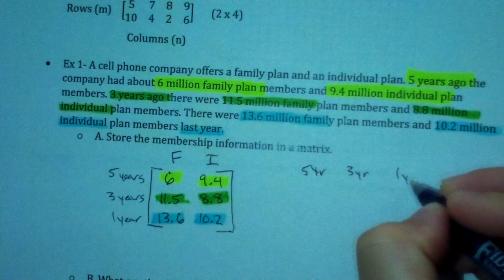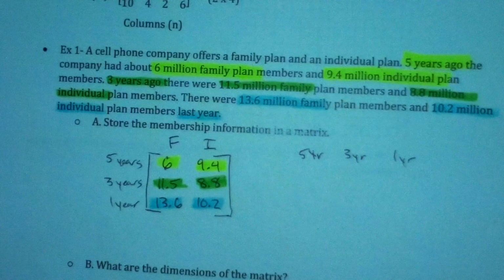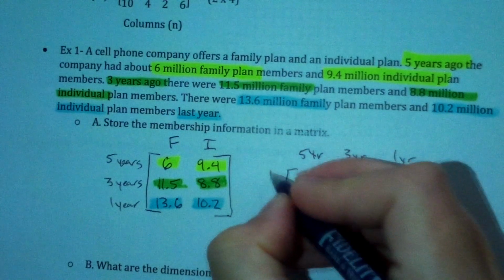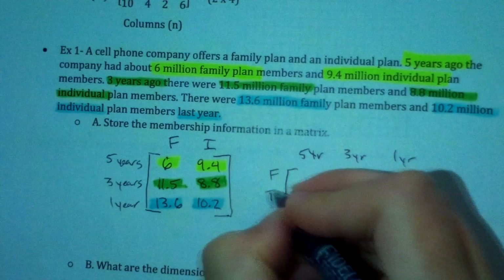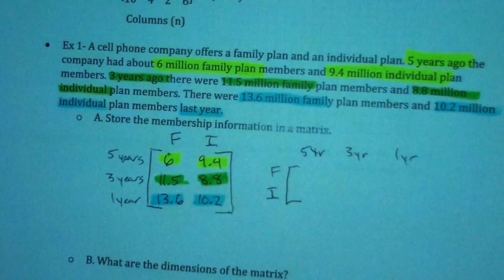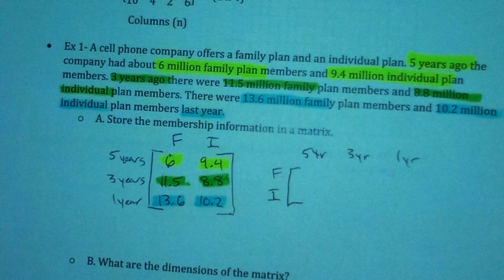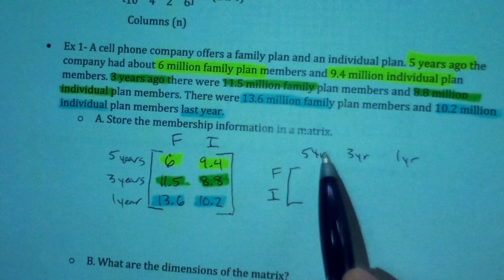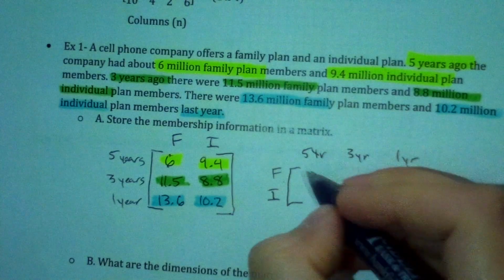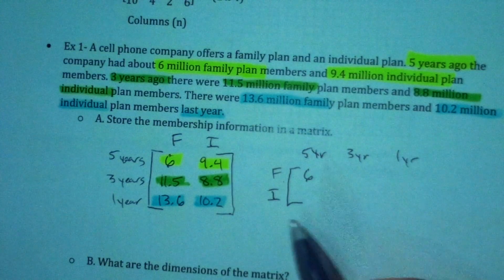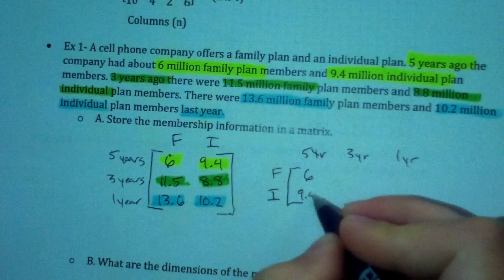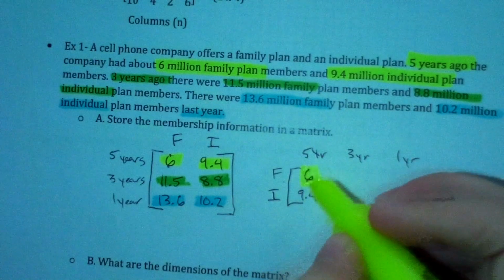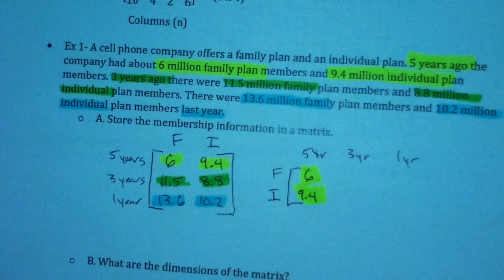And then you could just take those same exact numbers and put them in there, so it's still 5 years and family, so still 6, 5 years individual, 9.4, so those are our same first two numbers we had. And then you can put your 3-year information in there, so 11.5 for family, 8.8 for individual. And then the last one for 1 year, 13.6 million for family,